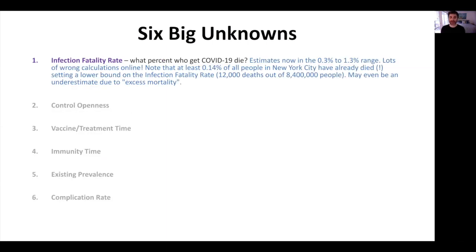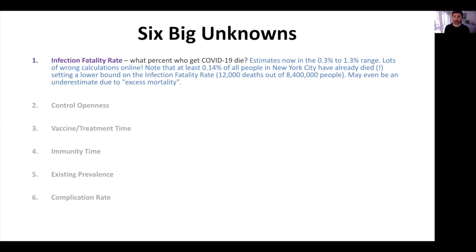So the infection fatality rate is what % of people who get COVID-19 die from it. And now, of course, this is going to vary on the population, but we could ask a question like, okay, in the United States, what is the infection fatality rate if we assume that everyone is equally likely to get infected? Now, estimates for this currently are in the range of 0.3% up to about 1.3% for the infection fatality